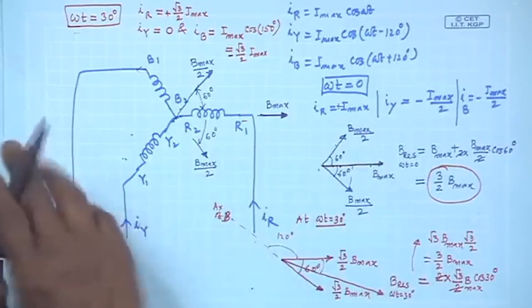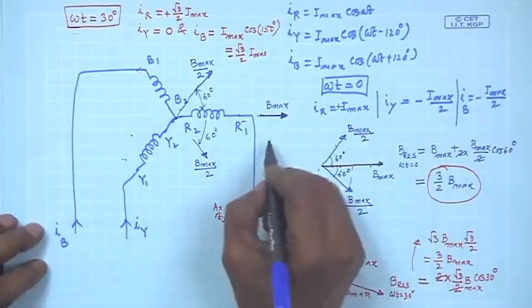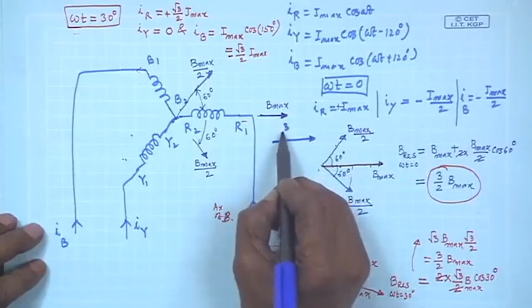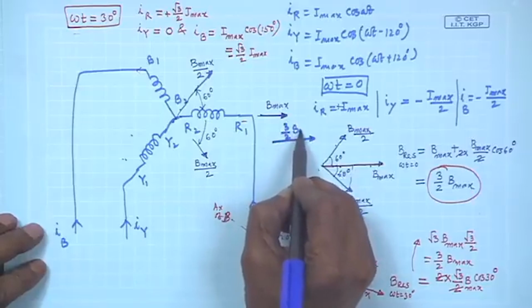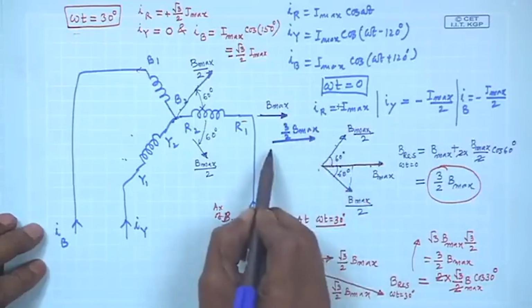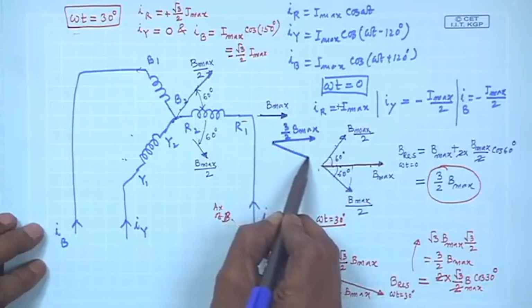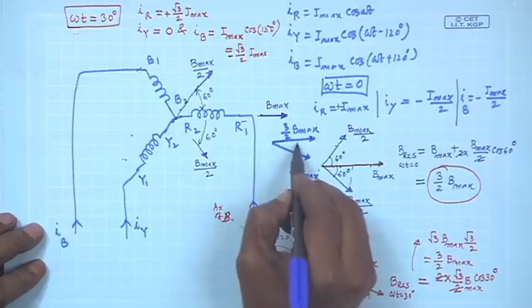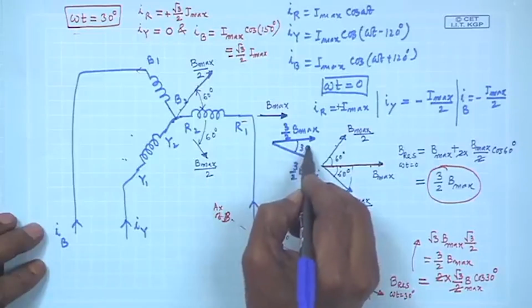So, originally it was here at omega t equal to 0. Time passes, what is the resultant field? 3 by 2 B max. Time passes by 30 degree, resultant field strength remains the same, 3 by 2 B max, and it moves 30 degree